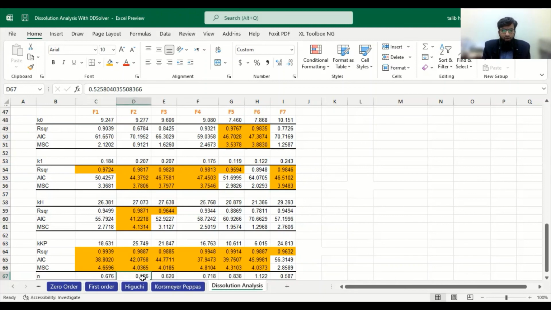Then for the F2 formulation, which was dependent on the Higuchi model and the Korsmeyer-Peppas model, it is purely diffusional. But the dependence on the first order model also describes a concentration dependent, meaning a dissolution system also.